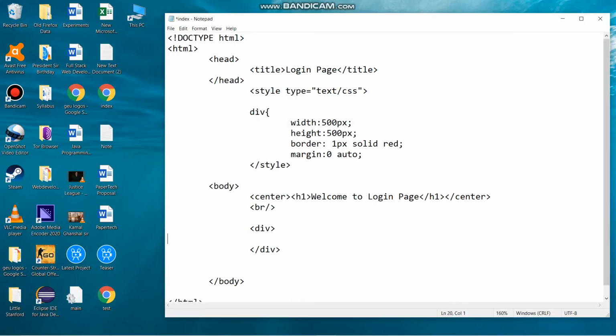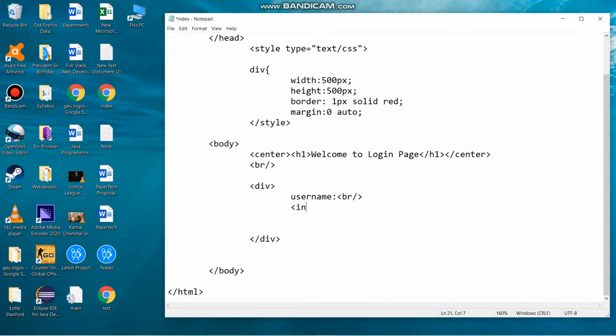And then after that, within the division tag we have to do the simple form-like things. So I will write username colon then br, and for this username we will say input type equals text within the double inverted commas because we want the text box. Name equals text and id equals username, and then br two times,